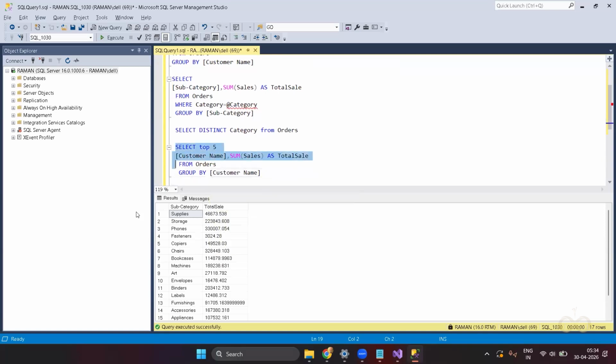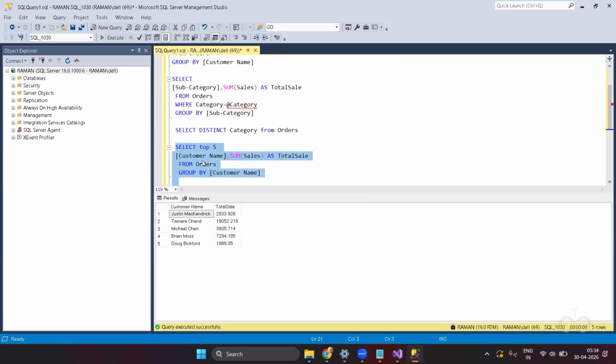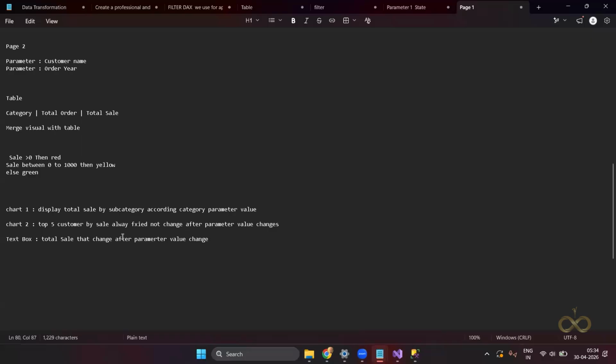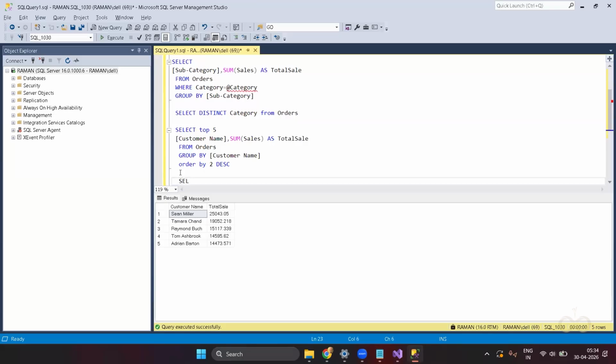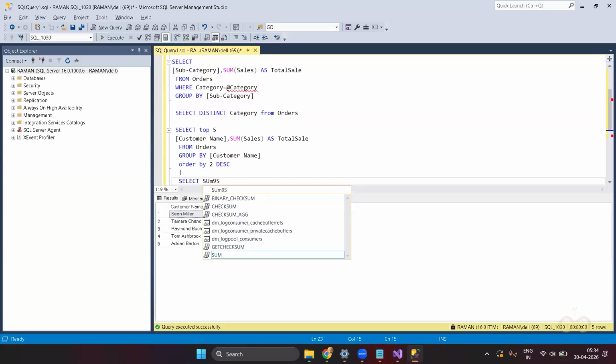Okay, my friend. This is showing top 5 customers by sales. And we are showing the first value at the top, so order by sales descending. Now you can see the highest selling customer at the top. And now the last query: total sales that change after the parameter change. That means select sum of sales